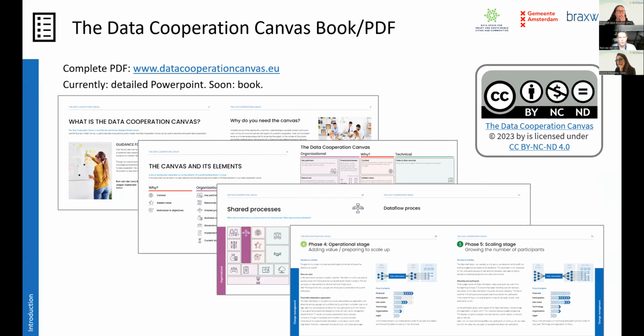We open sourced all our sources, all our research and the results of this. At the moment, the Data Cooperation Canvas is available in a detailed PowerPoint, but soon we'll also have a book which will also be open source, so everybody can use it.